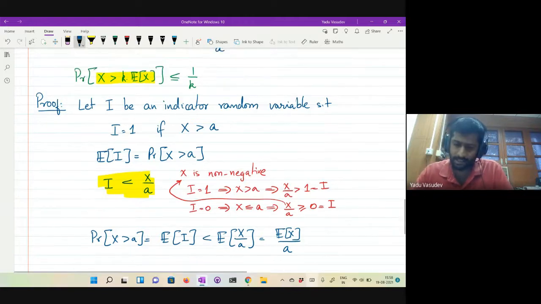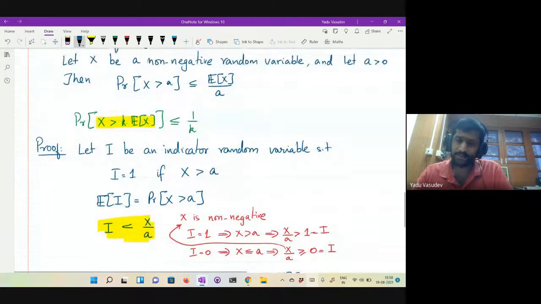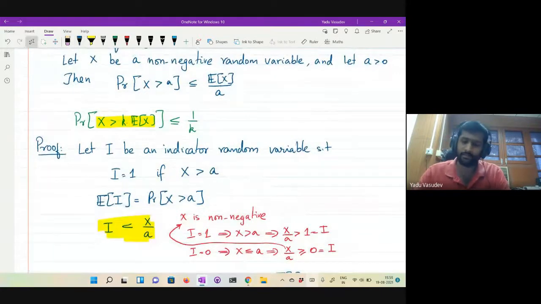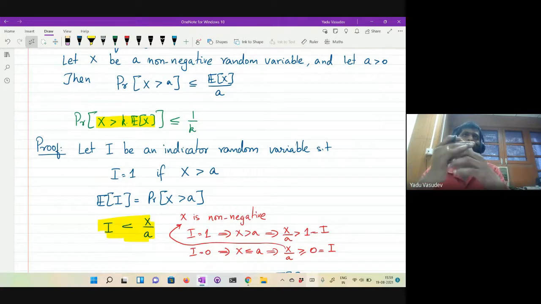Is this clear? Is the statement clear? It's very useful in a lot of situations, provided you are not looking for too strong a bound. You're analyzing some randomized algorithm, and in some places you don't need a really strong bound, but you just need some good enough constant. So then this is very useful because it's applicable in all sorts of scenarios. You don't really care what the random variable is as long as it is non-negative. So it's useful in various situations.